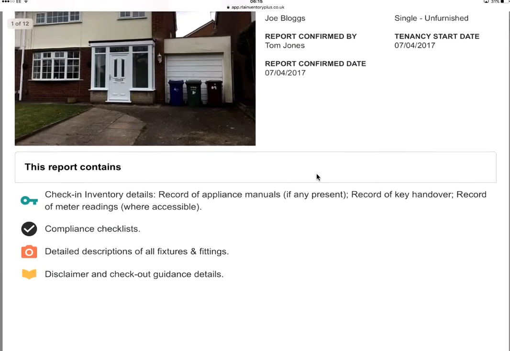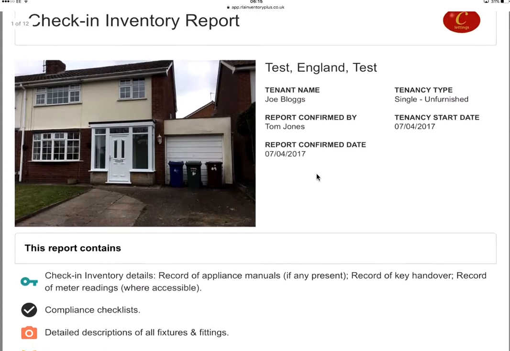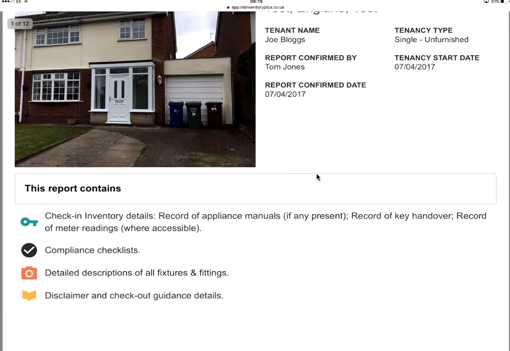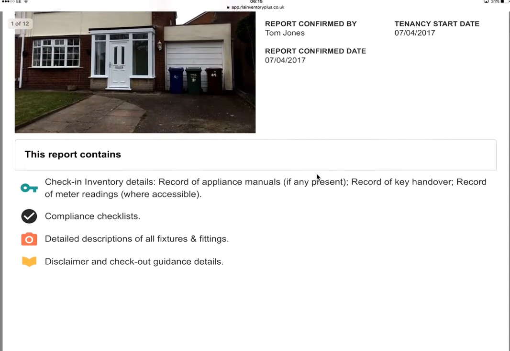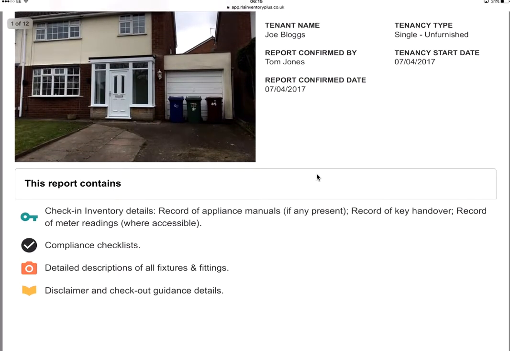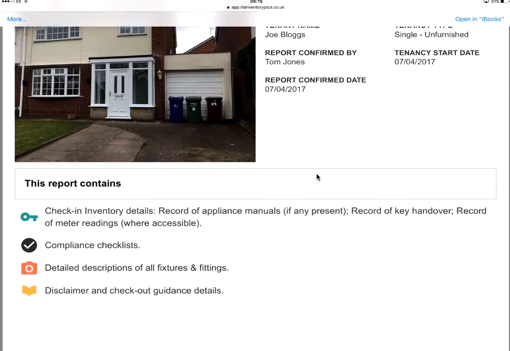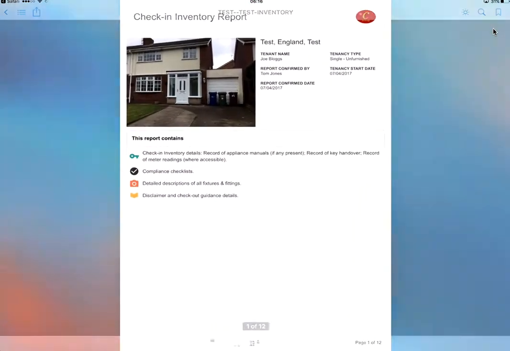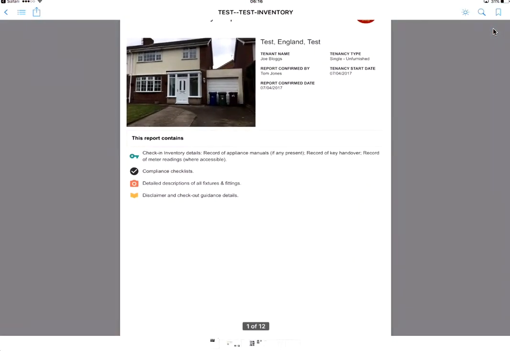And what I've done here is I've downloaded a PDF of a previous inventory onto my iPad. It doesn't have to be an inventory that you performed on Inventory Plus. It could be one that was performed on another system. But once you've opened it up on your iPad, when you tap the screen up in the top right, you'll have the option for Open in iBooks. If you open it up in iBooks, it will then open that PDF in your iBooks app, which